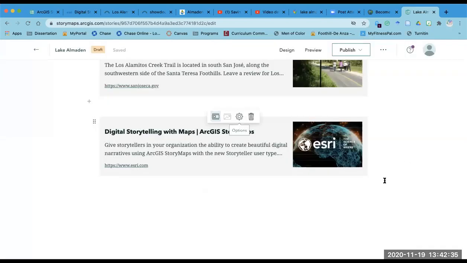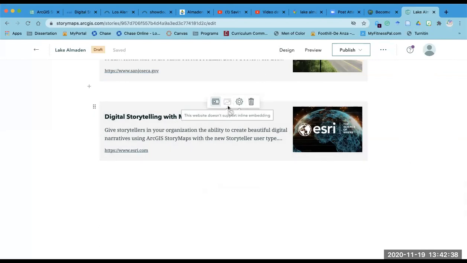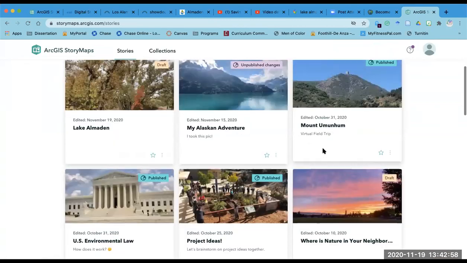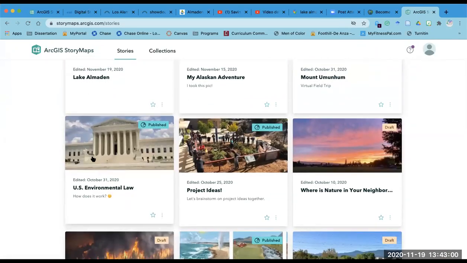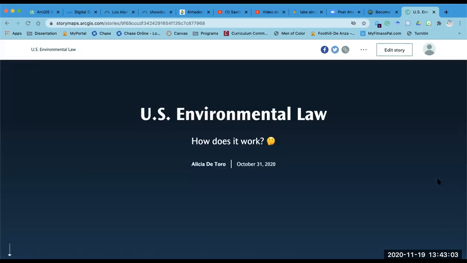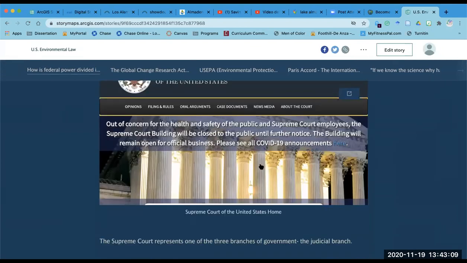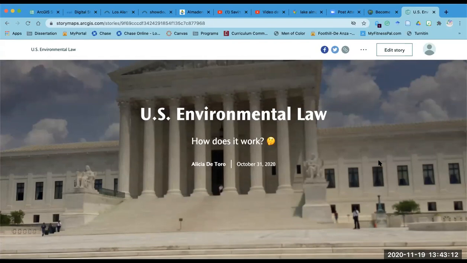Yeah. So if you get a website that has this not grayed out, see how it says the website doesn't support inline embedding? If it does, then your user can actually navigate the website through your story map. And I can show you an example of where I have, I believe that this is done. Yes, here. So here is an example of a story map that I use for US environmental law